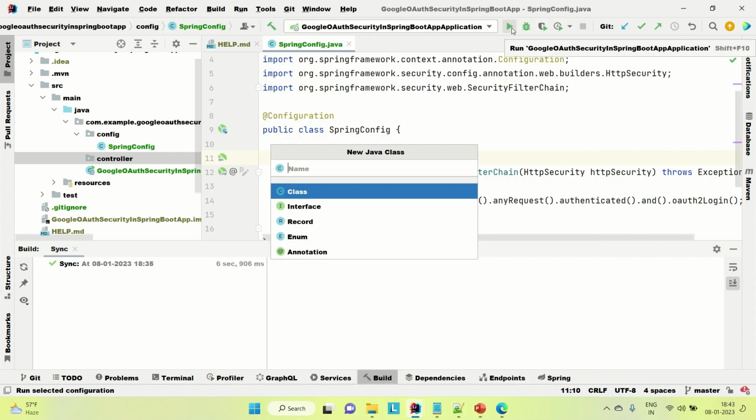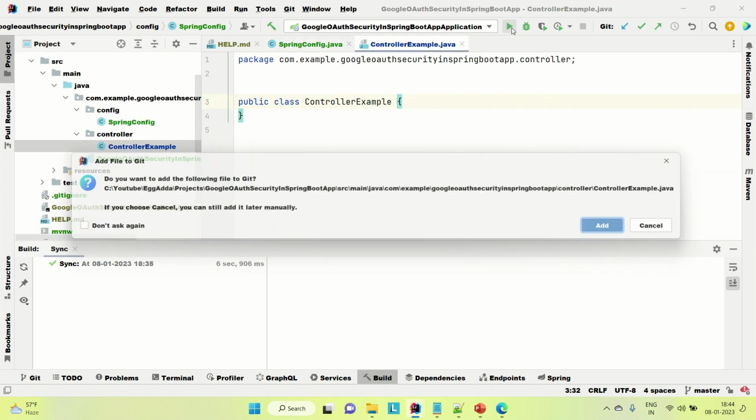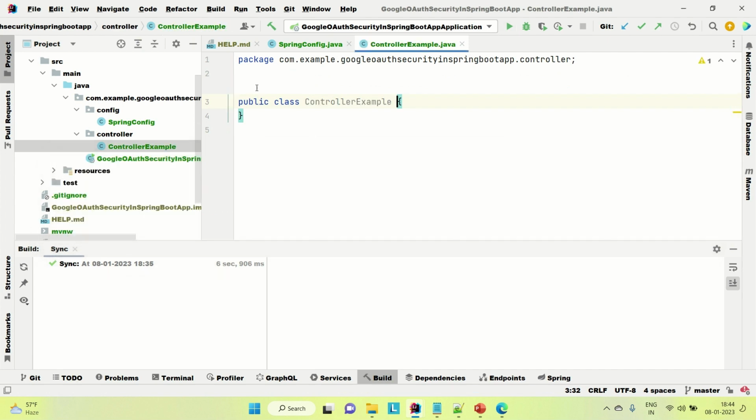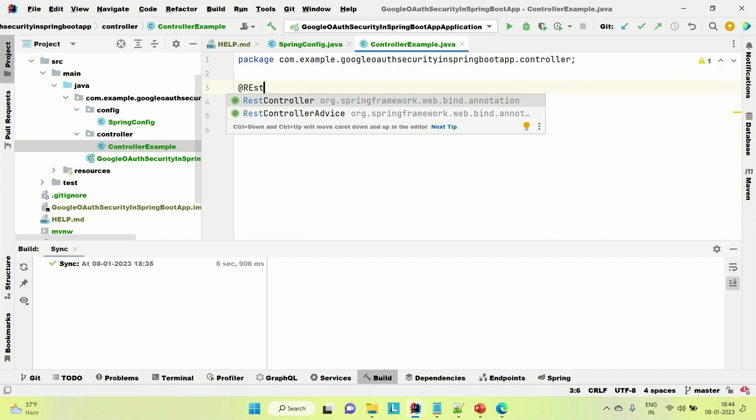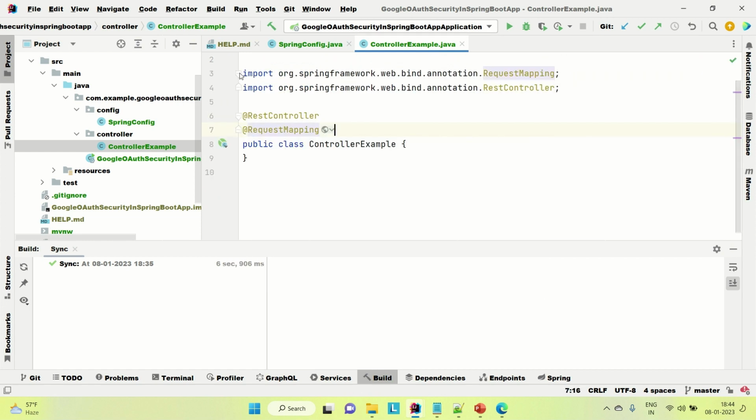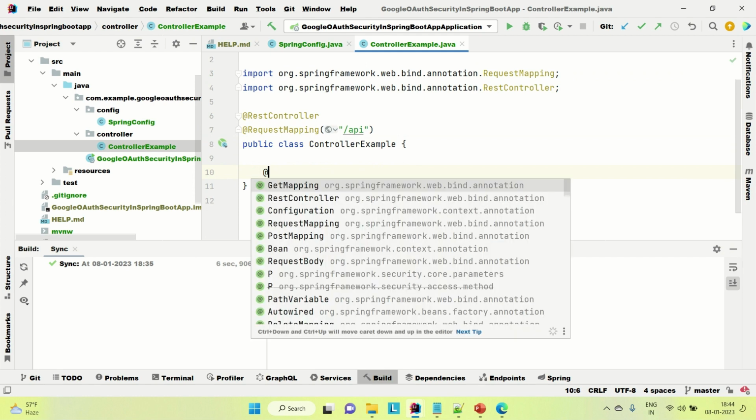Let's say it's a basic controller example. Here I am going to create a get mapping. Let me annotate this class with the REST controller, and let me also create a mapping with the request mapping. Let's say it's API, and here I'm just going to create a get